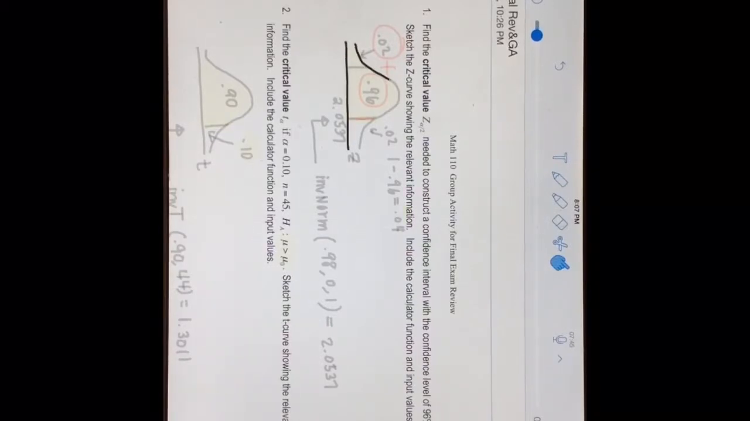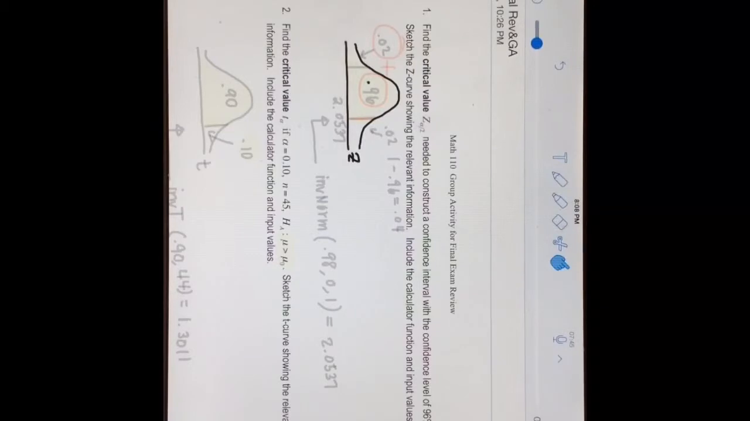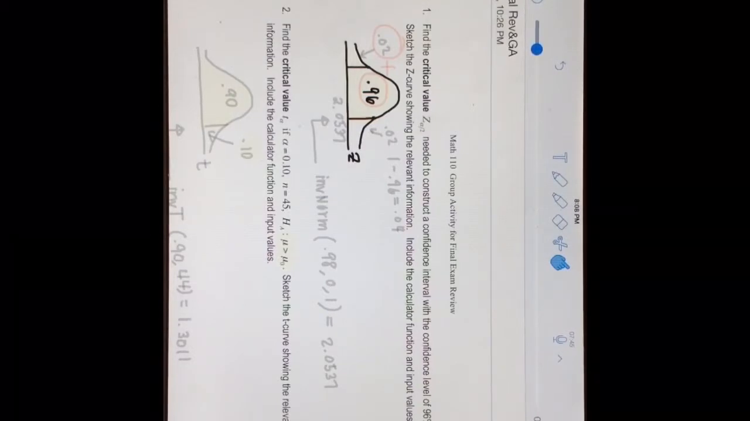First, sketch the Z curve. Label the axis. And put the level of confidence in the middle. And to find the critical value, here we use invNorm for the area to the left of this line. So this area right here